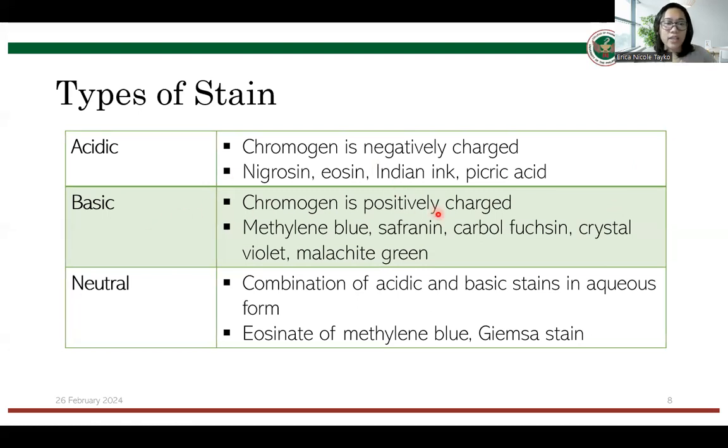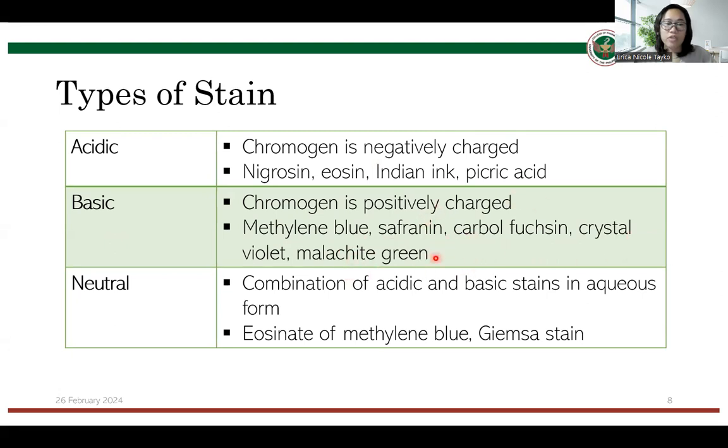On the other hand, when the chromogen is positively charged, we say that the stain is basic. Okay? Some examples of acidic stains are nigrosin, eosin, and Indian ink, which is actually another term for nigrosin, and picric acid. For basic stains, some examples we know are methylene blue, safranin, crystal violet,